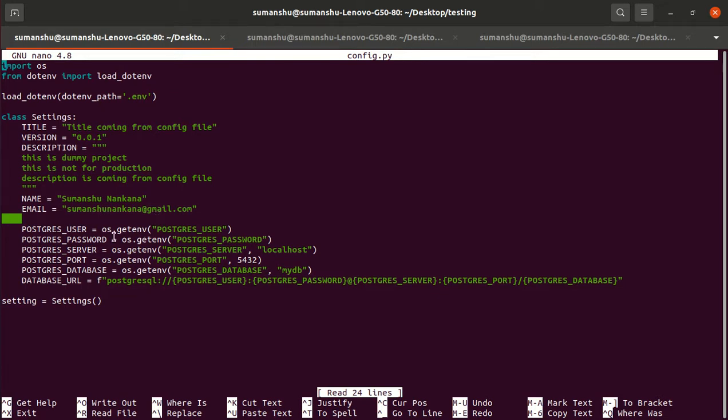If we have to access the system variables, we just access them using the OS module. So we define all these parameters like Postgres user, Postgres password. Till now we have just defined it, but how to connect with this particular database, right? So we will see how to connect to the Postgres SQL database.